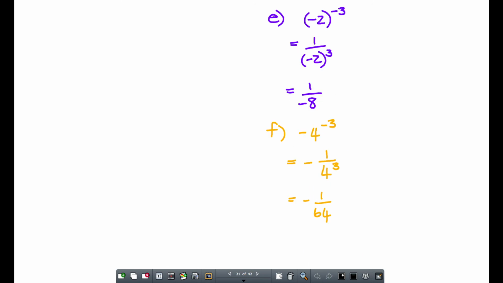Right, number 2 of E. Minus 2 to the power of minus 3. Now, I want to make that exponent positive, so I'm going to move it to the bottom part of the fraction. So it becomes 1 over minus 2 to the power of 3. Now, over here, the brackets were important. That to the power of 3